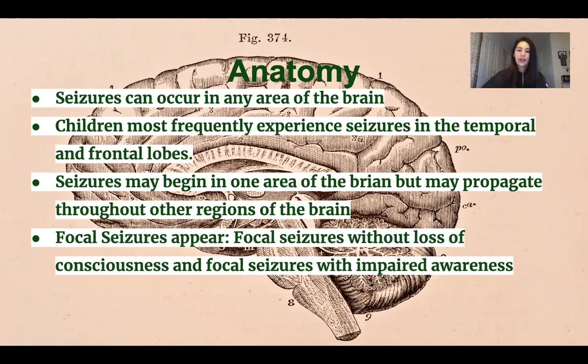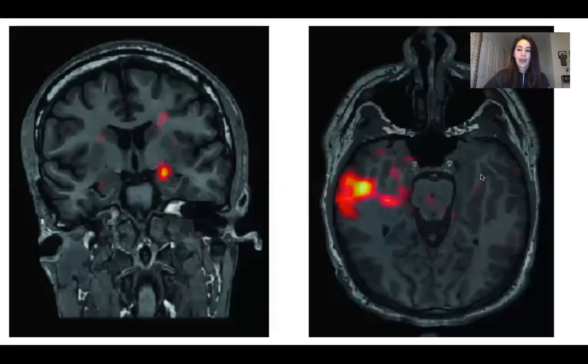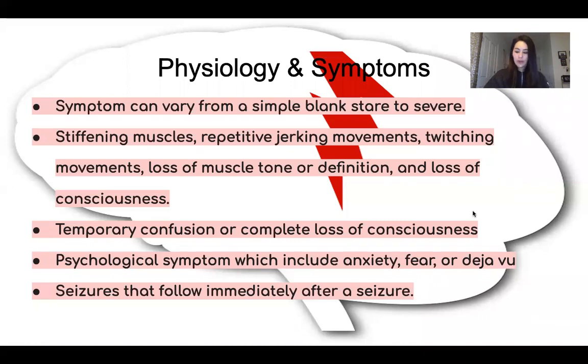Again, I'll show you the next slide. This is showing a grand mal seizure, the red brain, where you can see it's propagated through the entire brain. And then the green one shows that this is a focal seizure. This is focused really on where the red area of the brain is. This is another brain scan showing how these seizures can be focal and very specific to one area. And this is really important for surgeons who are going in looking to remove parts of the brain to help with their epilepsy.